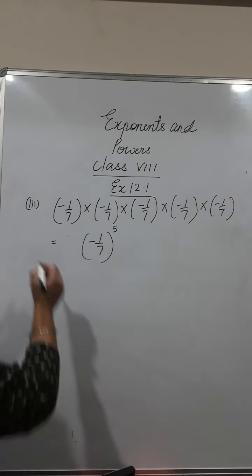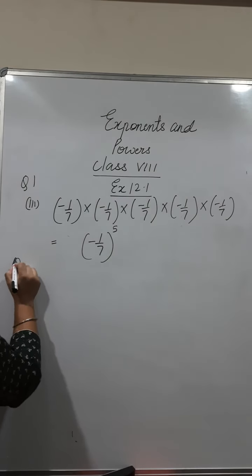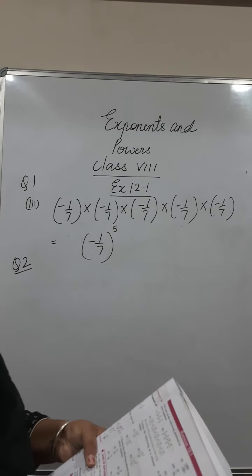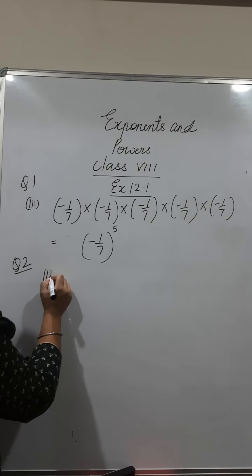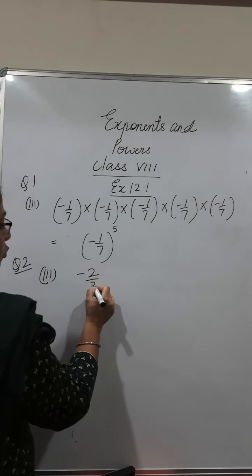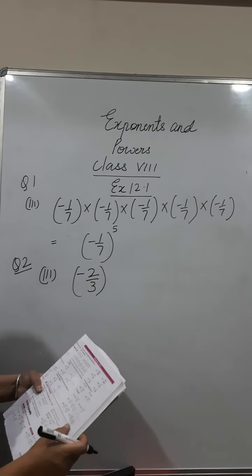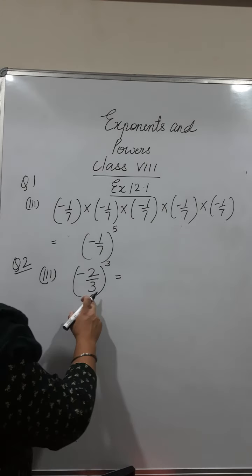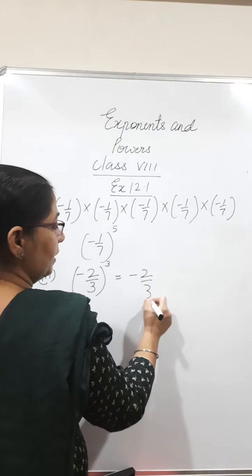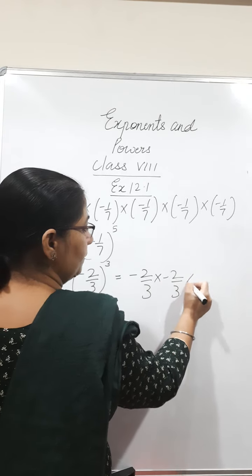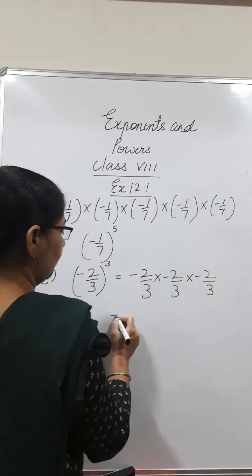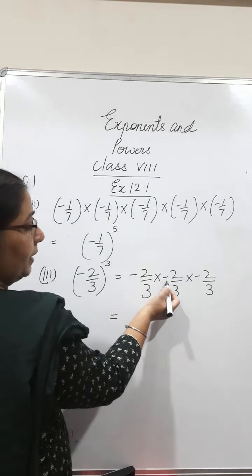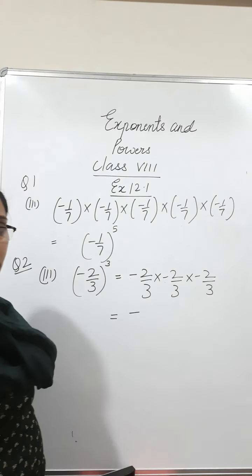The second question is, in the second question beta, he wants you to write it as a rational number. Say for example, again I take the third part of this question. It is minus 2 by 3 raised to power 3. Now if you have to write it as a rational number, power 3 means this number is getting multiplied 3 times. So you will multiply it 3 times, and when you multiply a negative sign 3 times, as already discussed in the previous videos, the answer will always be minus.